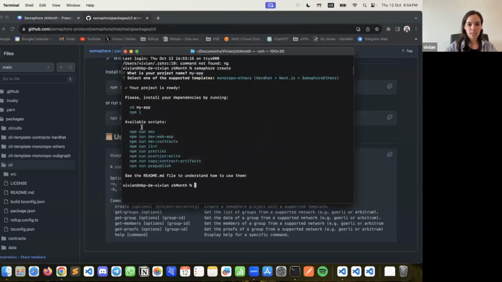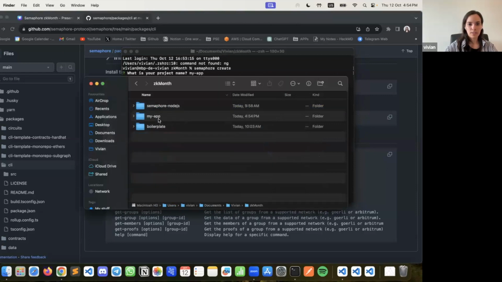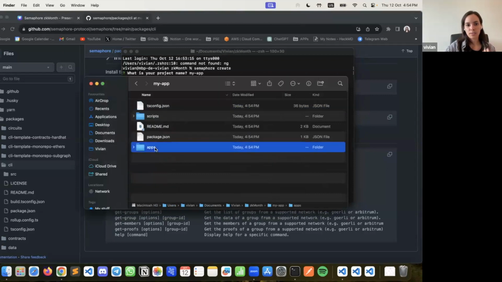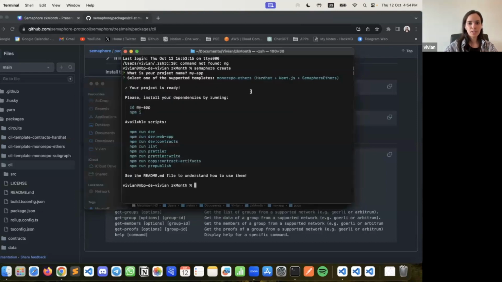And then, okay, everything is okay. Let's see, this is the app we created. So this is what you will get. The same thing as the boilerplate. And also, you can get through,